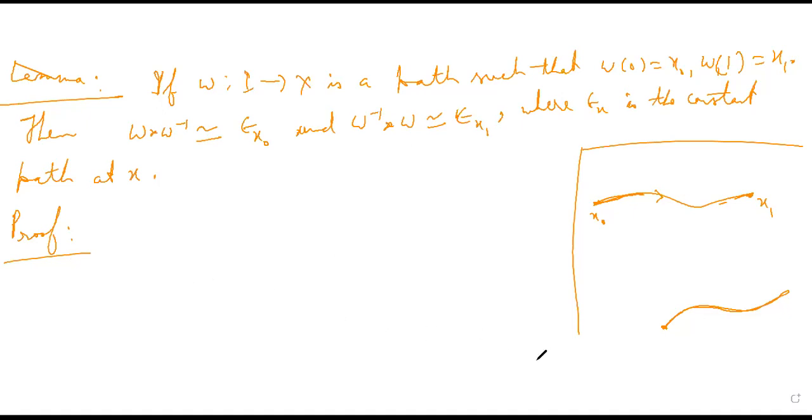So you can see that by definition itself, the inverse of omega inverse is nothing but omega, right? By definition. So if we can prove this one, the other automatically will follow. So we'll just prove this one. Define